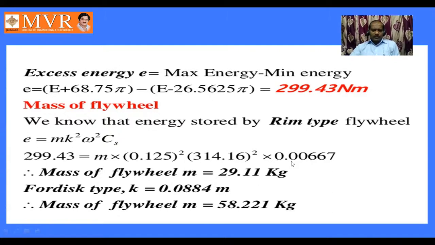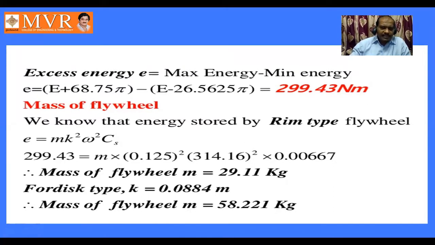So based upon this equation, the unknown value is m. So m is found that for a rim type it is 29.11 kgs. For a disc type, k, that means you have to replace the k value. K is 0.0084 m. So mass of the flywheel for m